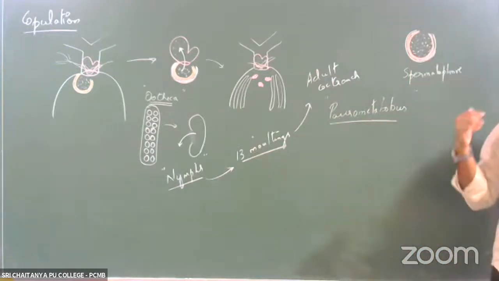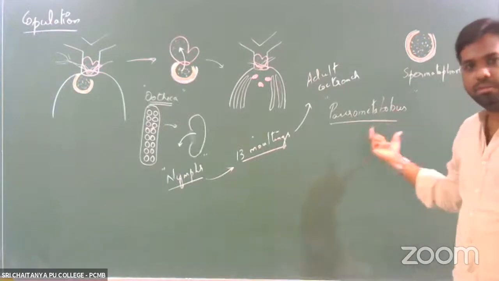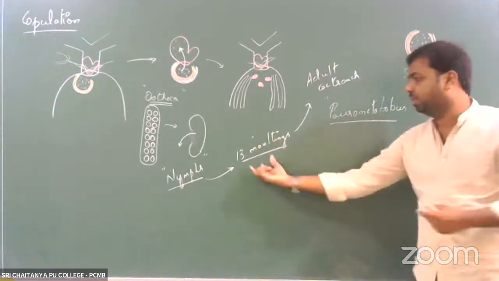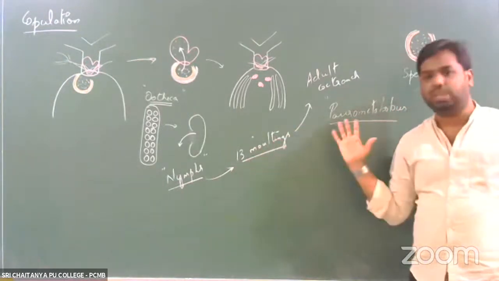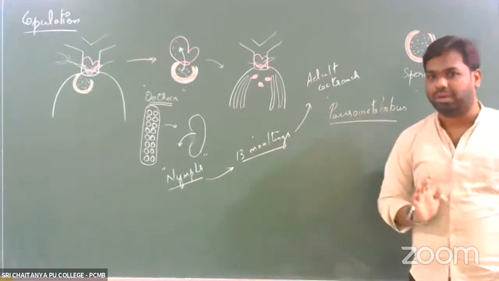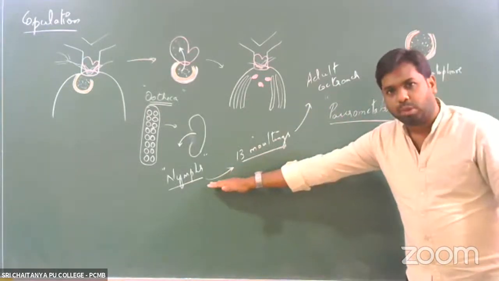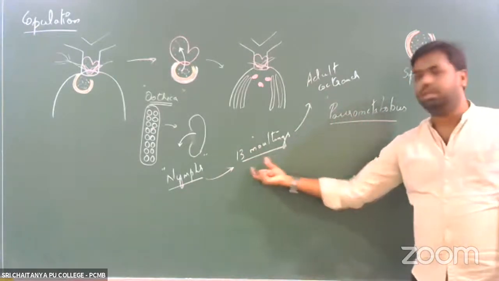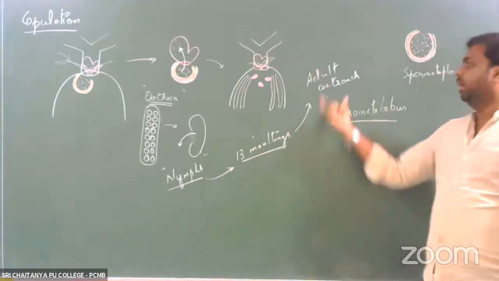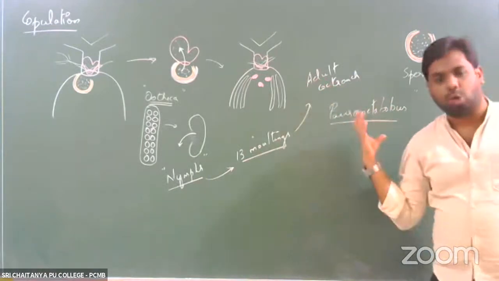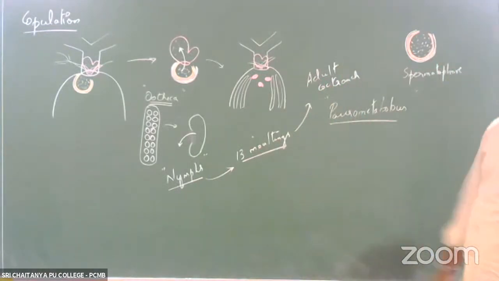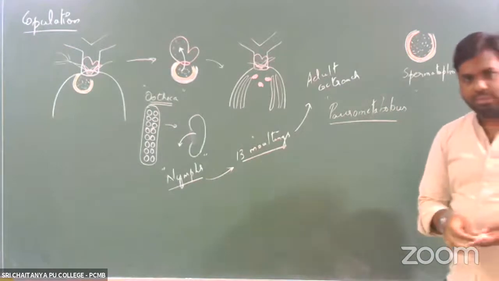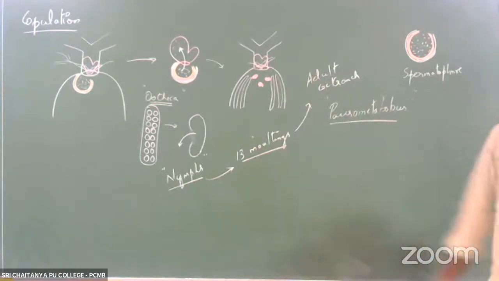The reason why we call it paurometabolous metamorphosis is because there are gradual changes happening over these 13 moltings that actually take place in the body of this organism. So the nymphs would undergo the process of development by undergoing 13 moultings, and finally it would lead to the development of this adult cockroach. Right? So this is what we have with the process of copulation, fertilization, as well as development in case of this organism, which is called the cockroach.